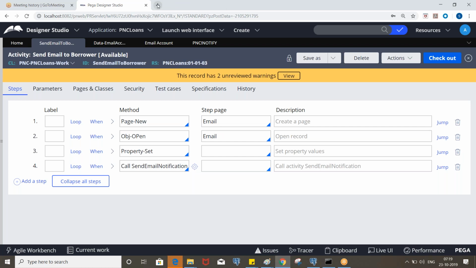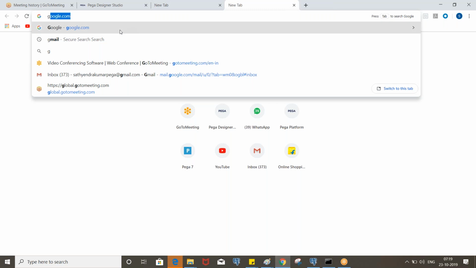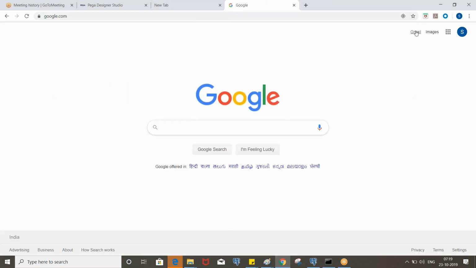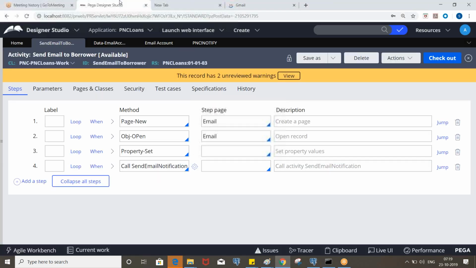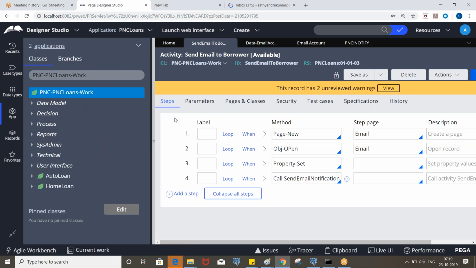So where do we need to invoke this? We need to invoke it in the post processing of borrower details, right? So once you submit the first screen, the email will be sent out. Okay. So go to the flow action.